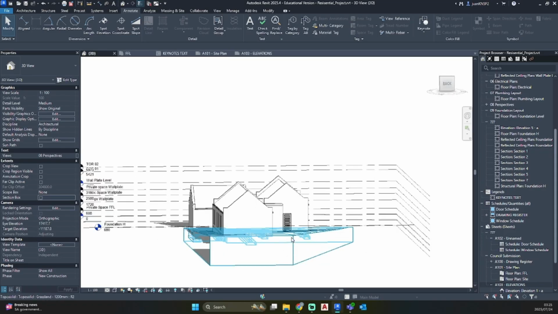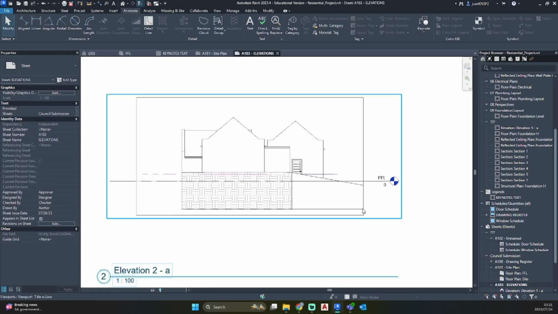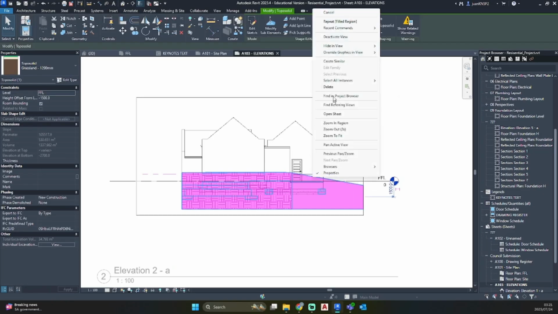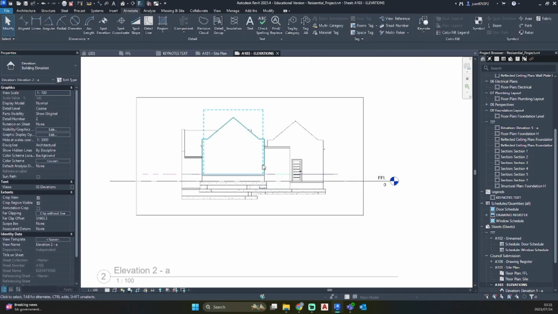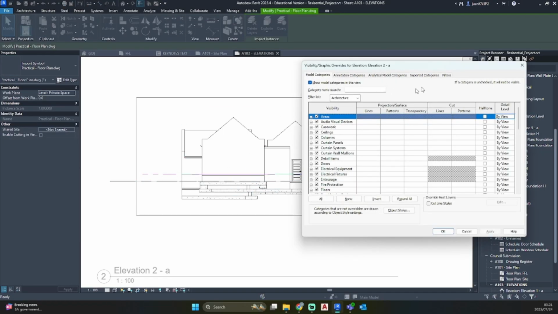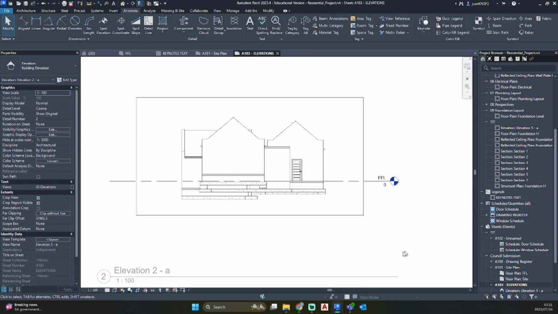As you can see, we're currently looking into this section over here with the property. So I'm going to select my site and I'm going to hide it in this elevation. I'm going to press VG to hide my drawing file, go to imported categories, just unhide the drawing files, hit apply and OK.